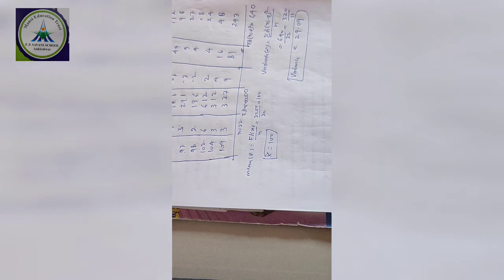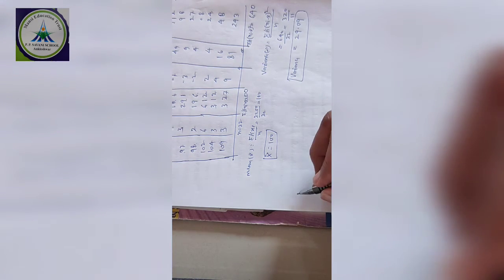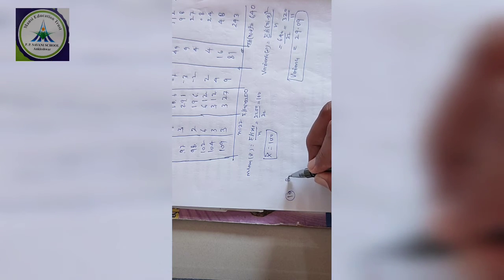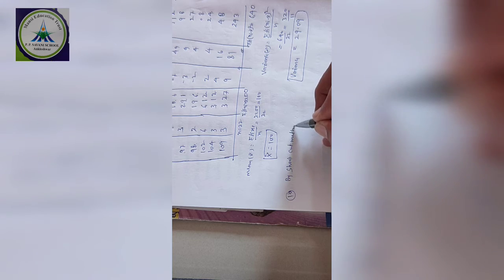And then next question, same type of question already. 7 and 8 are the same type of question, and 9 and 10 are shortcut method. Okay, can you solve question number 7 and 8? It is table type but with class interval. So class interval changes to xi, and then use this formula in this method. Okay, and 10 and 9 are by shortcut method. This is an important method only. Other than that, it is this type of method.